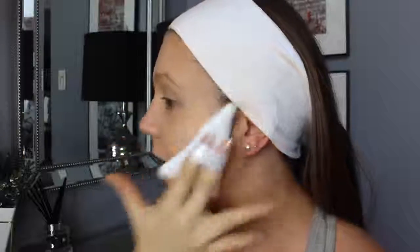Okay, this is definitely more the type of coverage that is up my alley. I don't actually think I need a third coverage. I think three would be perfect for a night out, but for daytime, which is basically what I'm doing today, I think two is more than enough. Oh wow, this is really a nice foundation. My skin looks